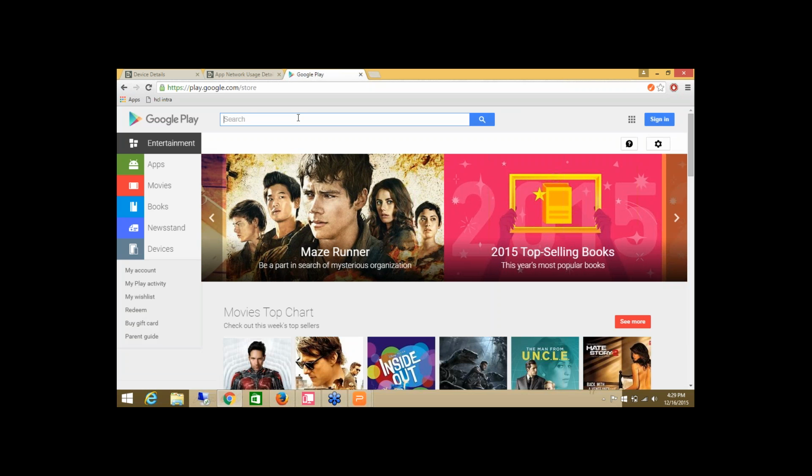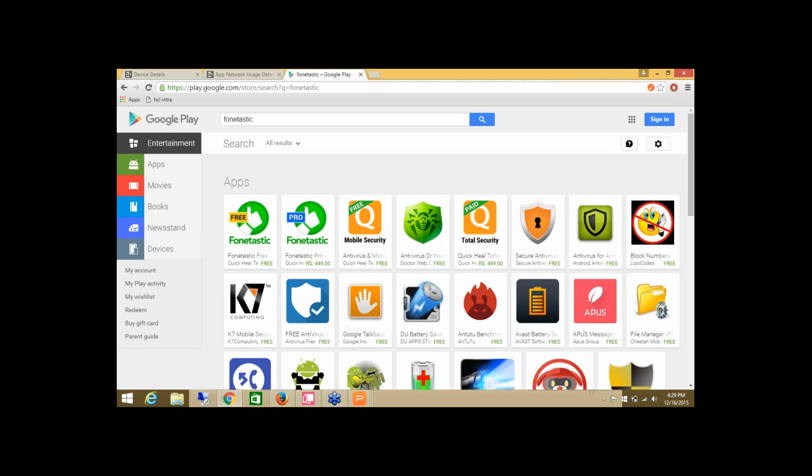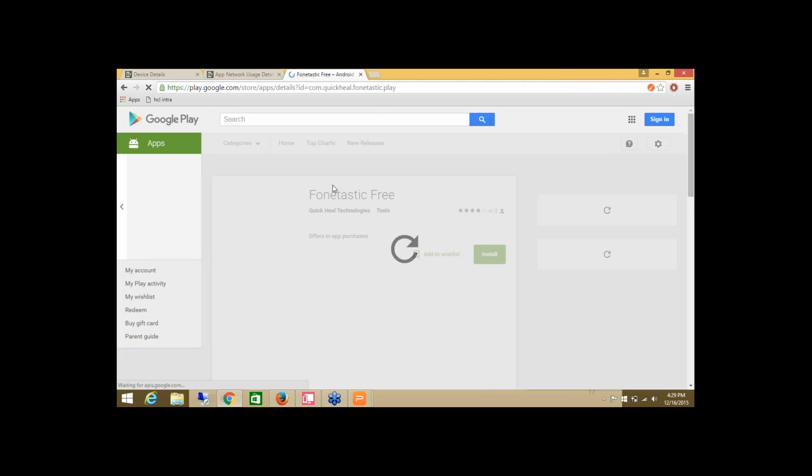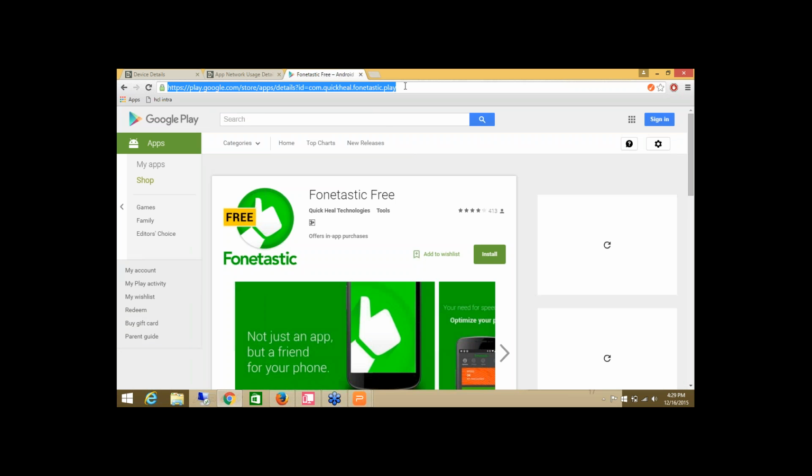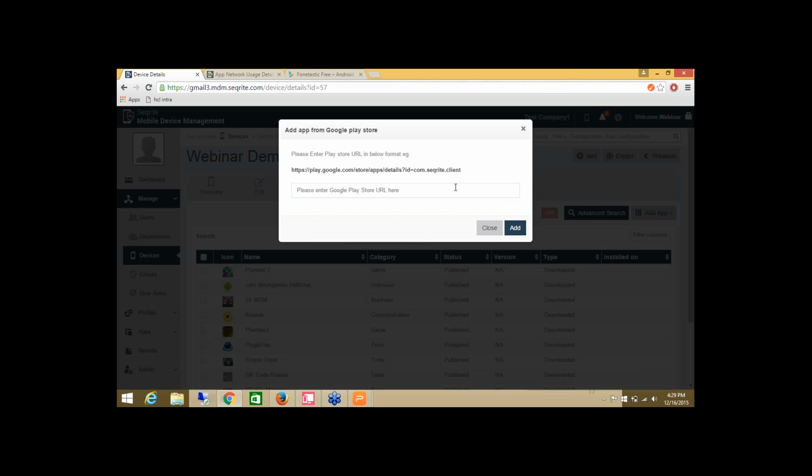Suppose we want to recommend any application. For example, Fontastic is a great application which we can recommend to any of the users in the company. So I'll just go to that application, copy its URL, paste it over here and add it.